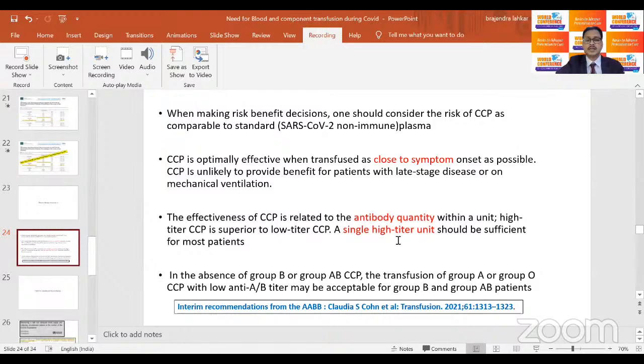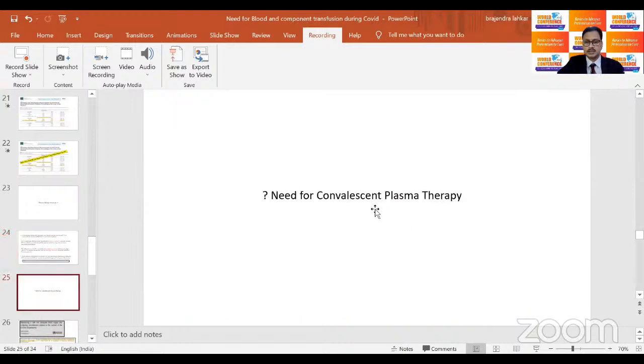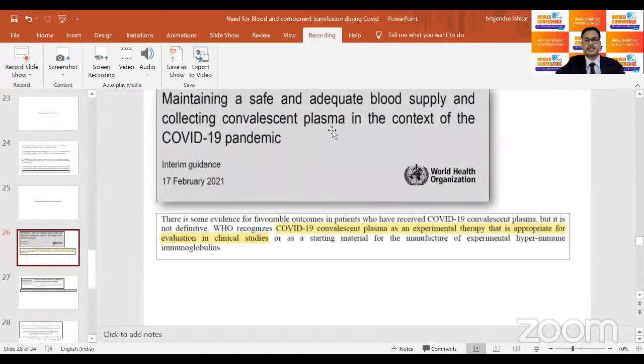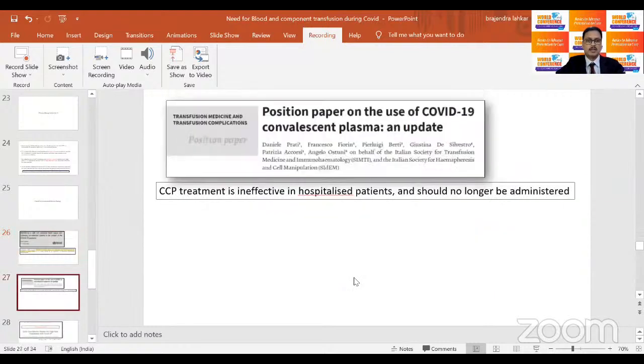Again, a single high-titer unit, with a good antibody quantity, is sufficient. No need to give a second unit. But the need for convalescent plasma therapy has now been questioned, while maintaining a safe and adequate blood supply. The WHO has said that COVID-19 convalescent plasma is an experimental therapy that is appropriate for evaluation in clinical studies only. But the position paper on COVID-19 from Italy said that CCP treatment is ineffective in hospitalized patients and should